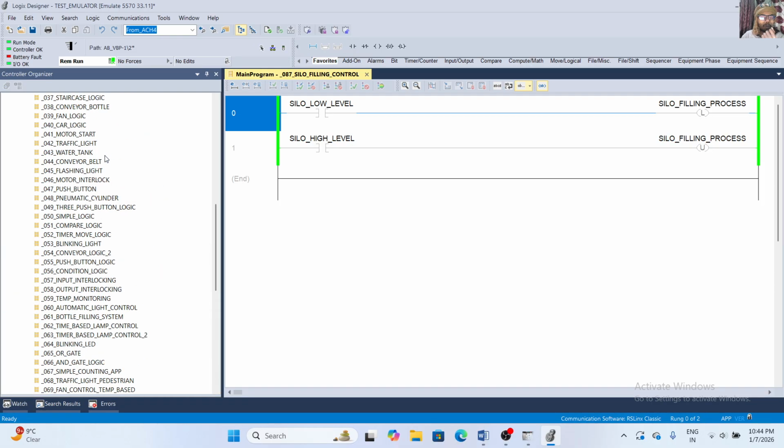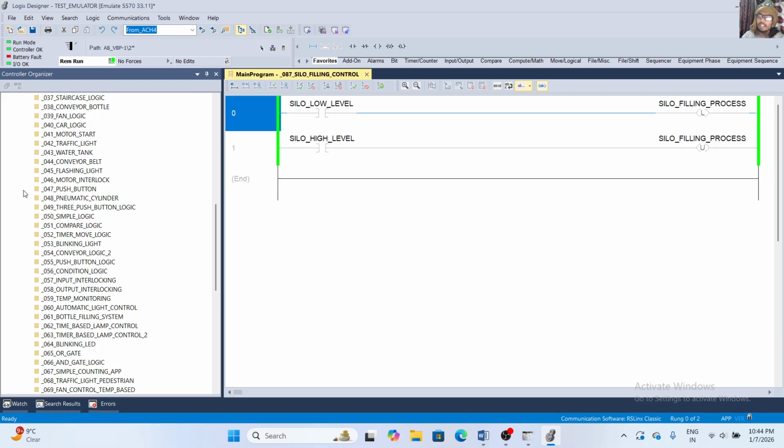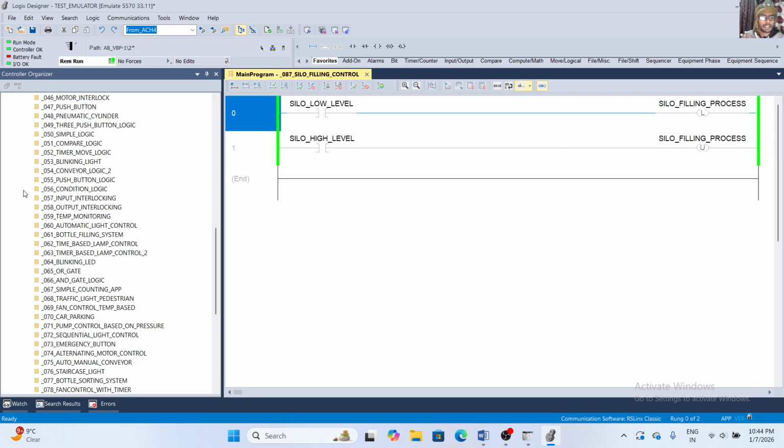I have already opened the Studio 5000 software, and you can make this PLC logic in other application software like Siemens TIA, Delta, Mitsubishi, Schneider, any brand. So we can make this logic in every brand of PLC.